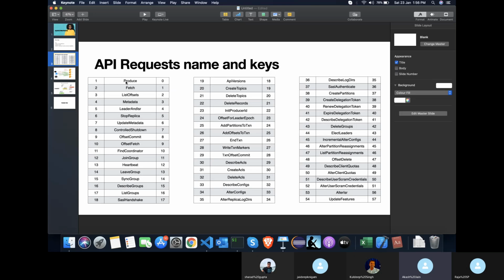For that also, we can imagine there is a produce API request. Similarly, there are offset fetch and offset commit requests. Whenever we are committing the offset manually, this particular API request is what is internally triggered, and we can imagine the other API requests that are there. That's basically how the communication between the clients and the Kafka brokers happens. And each Kafka broker may itself act as a client also, in the example that we just discussed, where one of the Kafka brokers is acting as a consumer to replicate the messages. There also it is used.